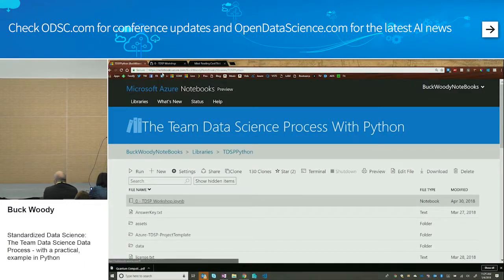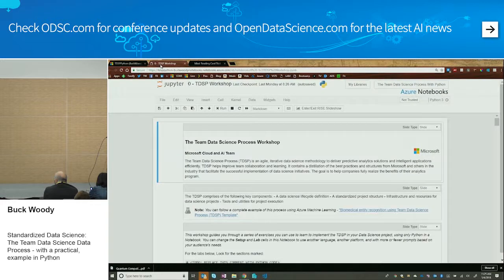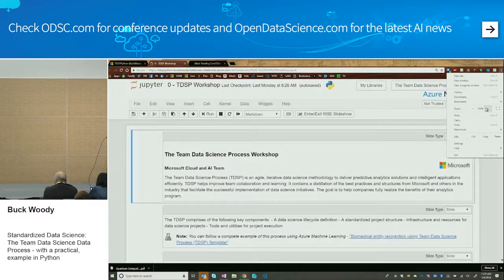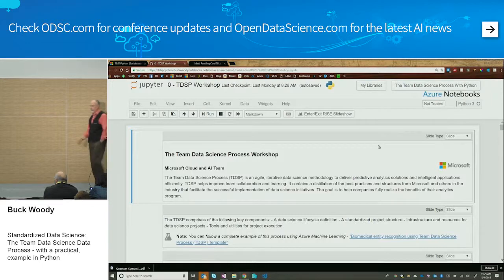Now what I'm going to do is walk this in the next little bit here. One of the things you can do, let me zoom in for us so we can see this well. Let's go to 150 there. One of the things you can do that's kind of interesting inside a notebook is that there is a